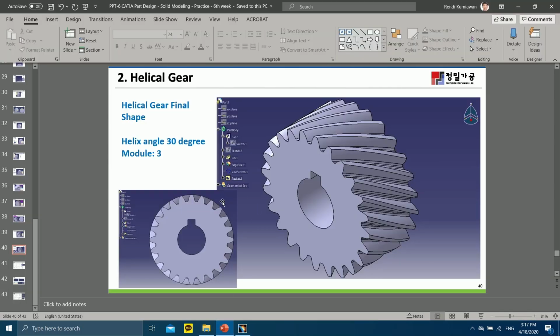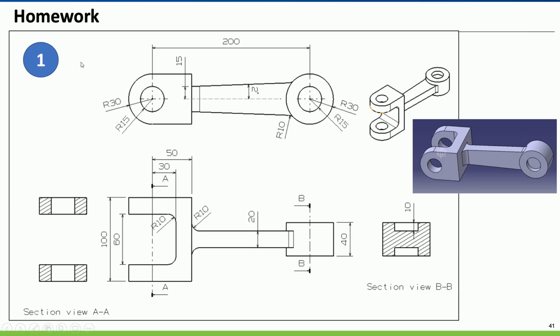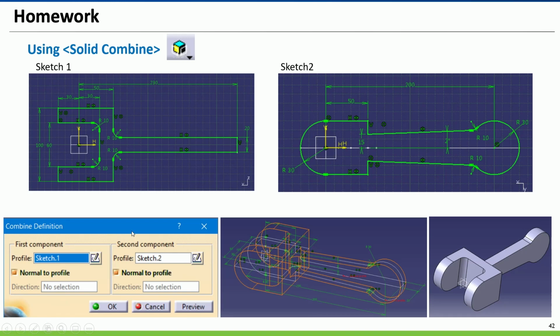so you have homework for this week. This one is homework, very easy homework for you. We have something bracket like this. I already have the clue in here, using solid combine. Solid combine. First, you draw sketch like this, like this,